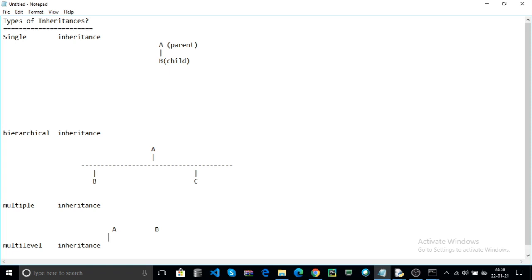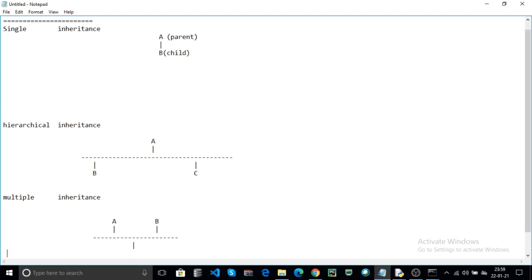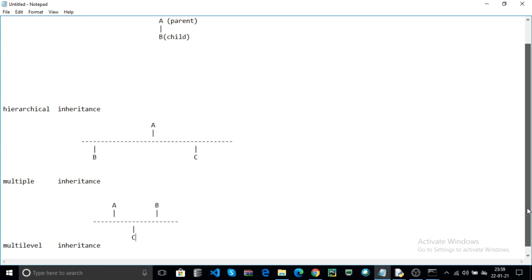A and B are the parents. For example, we create one child as C. Now this is a multiple inheritance.